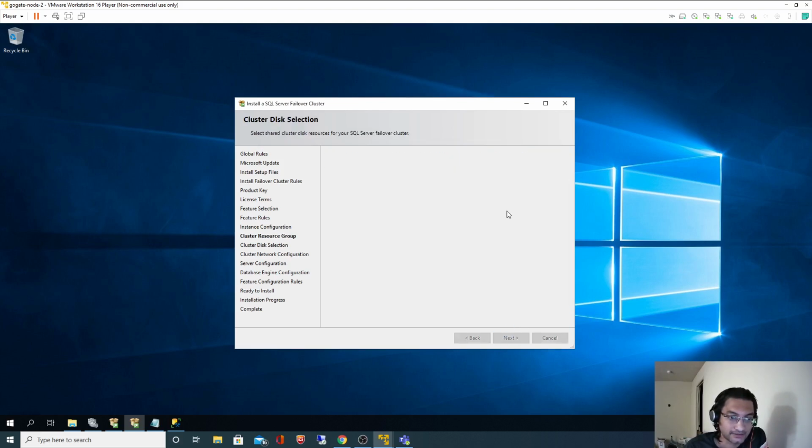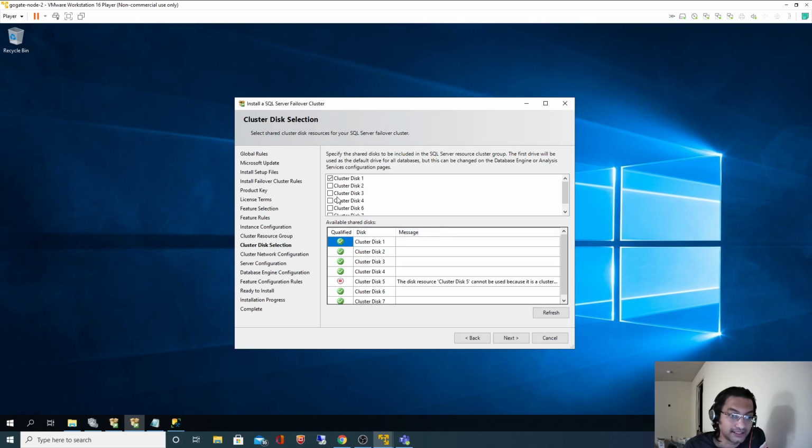Perfect. This is next. Now in this case, I will choose the disks, let's say 2, 4, and 7. These are shared drives, so it doesn't matter actually, and you can change those disks later on. But I'm just choosing them since we have decided that we'll choose 2, 4, and 7. Out of 6 drives, 3 drives belong to node 1, and the remaining 3 belong to node 2. So these are the remaining 3 drives which I am going to allocate for node 2. I will click next.